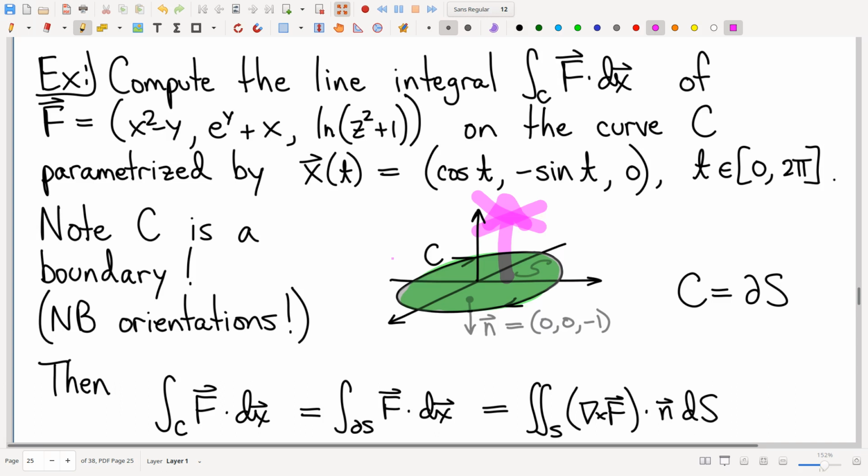Okay, let's try it going down. Right hand, thumb in the direction of the normal. Now we're experimenting with down. Now again, you look at the fingers of your right hand, and they are swirling around that way, which is the correct direction on our oriented curve. Does that make sense to everybody?